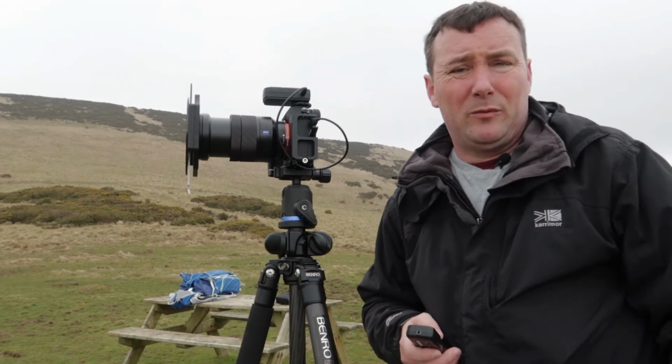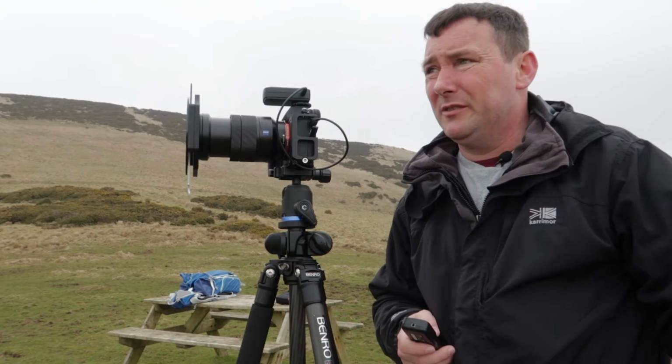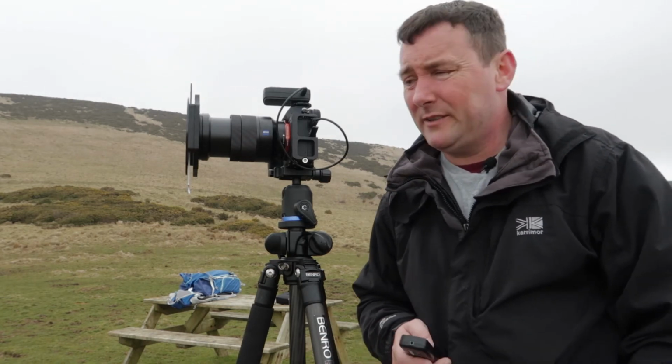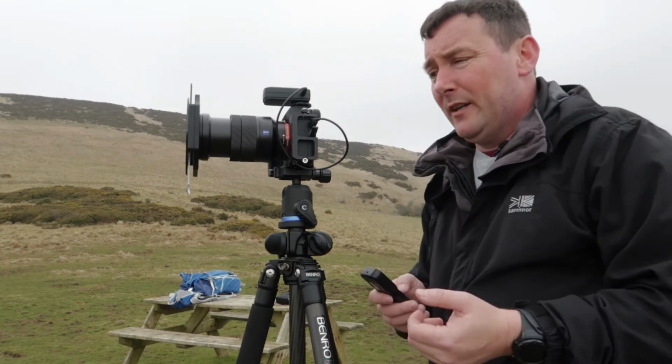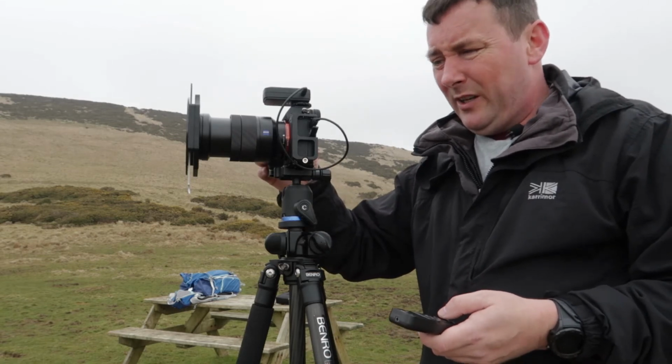So the 10-stop didn't work. It was just misty and horrible. It just wasn't anything worth showing, to be honest. However, I've tried it, experimented, won't do that again. So I'm just going to take a couple more brackets of this. I like the image,